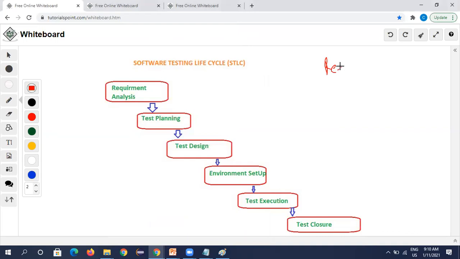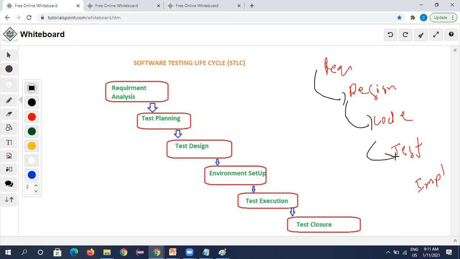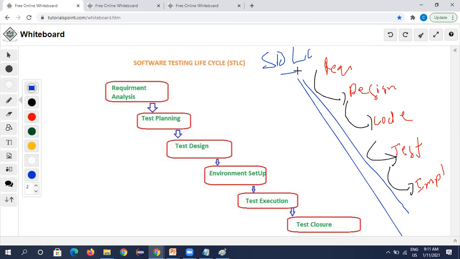Yeah. The requirement analysis phase includes the requirements of the customer or the client for the particular application. The next is the design phase, in which the design architect designs the application. And then the next one is coding, in which the developer develops the code. And next is testing, in which the tester tests the application which is being developed by the developer. The next is implementation, where all the testing is completed and then the product is deployed. Yes, exactly. Very good.